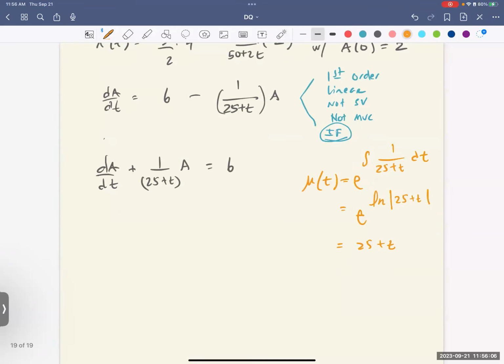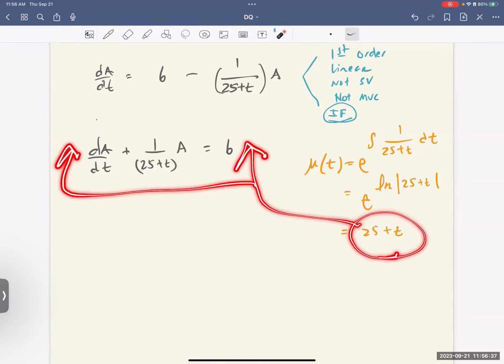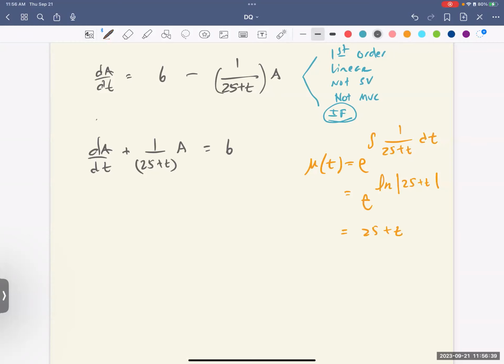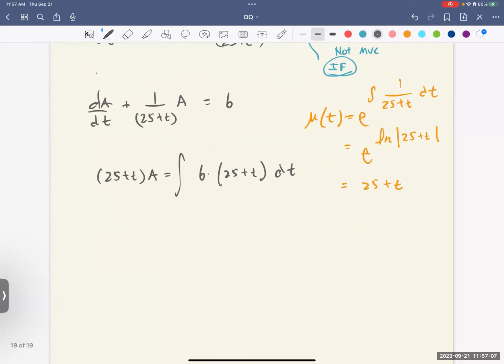Then we take that integrating factor, 25 plus t, and multiply it on the right-hand side and on the left-hand side. The left-hand side is going to become the integrating factor times the dependent variable. The right side will be the integral of 6 with the integrating factor, dt. So let's integrate the right-hand side and then divide by 25 plus t. So 25 plus t times A on the left is equal to 6 times,